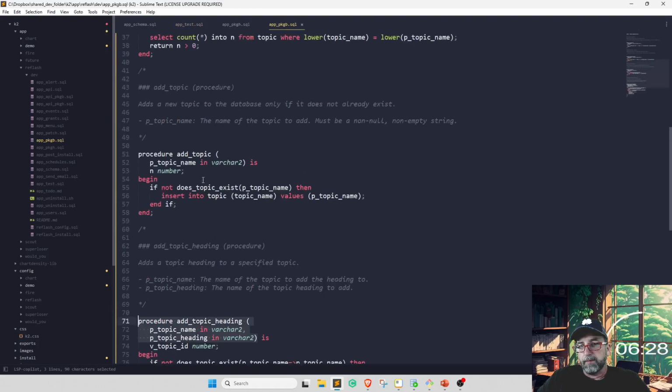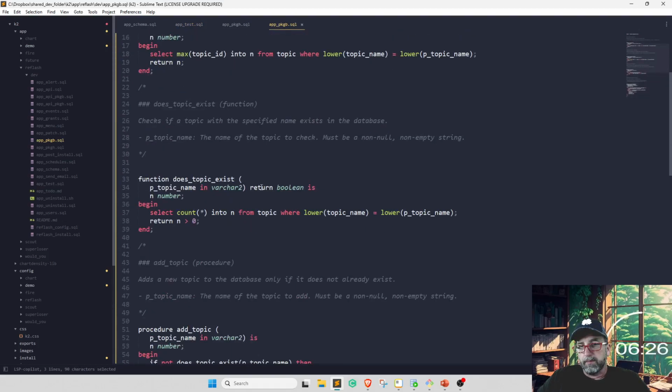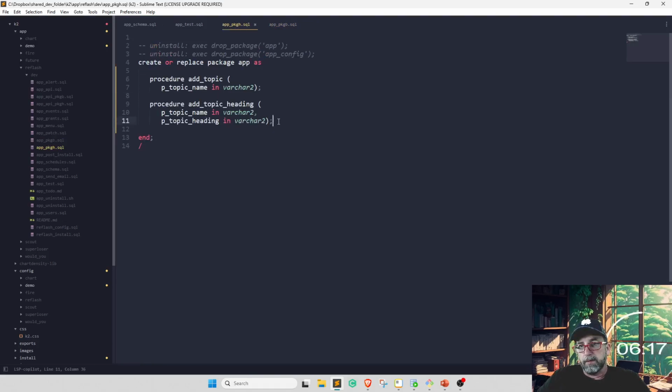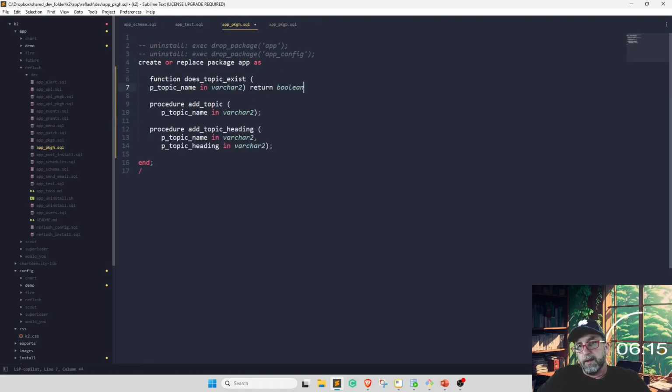So go up here, and come up here. I don't really try to keep things in order. It's too much work and really doesn't provide much value, keeping the order the same in the package body.